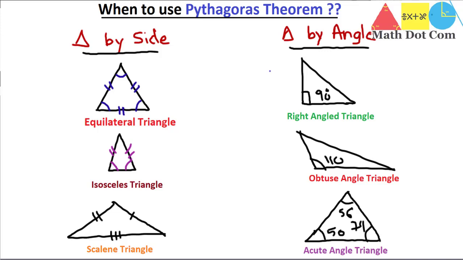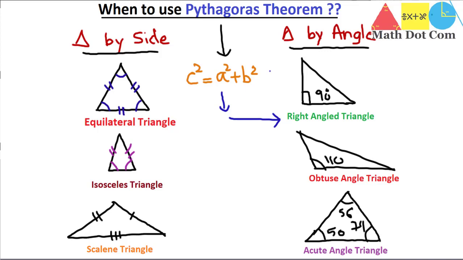So according to the Pythagoras theorem, we have the equation c square is equal to a square plus b square. So this is the equation that is used in Pythagoras theorem to find the sides of the right angled triangle. So keep this in mind that Pythagoras theorem is used for right angle triangle. So any triangle in which one angle is of 90 degree, we can use the Pythagoras theorem to find its sides.